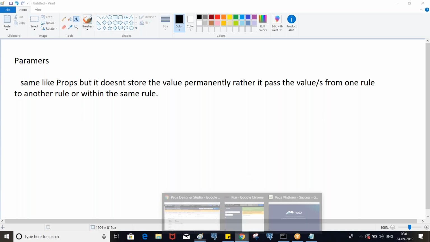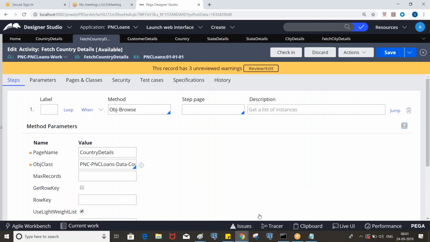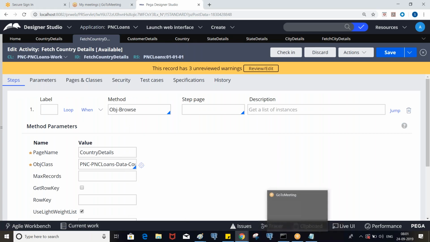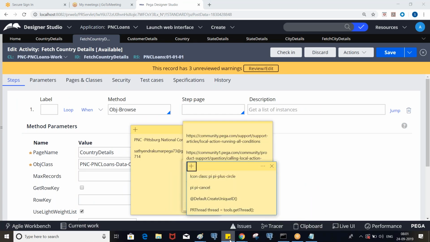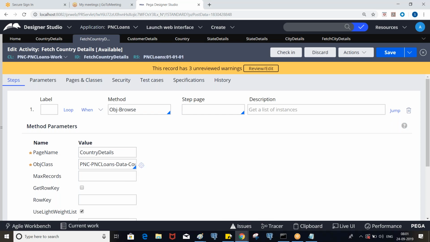So parameters can be defined. You can note down this point also here in the definition. Parameters can be defined under the parameters tab of the rule.